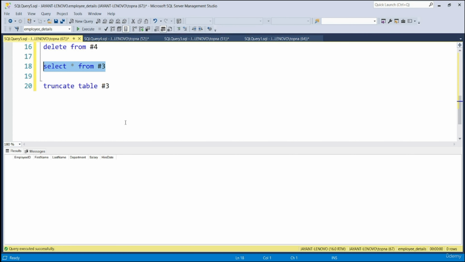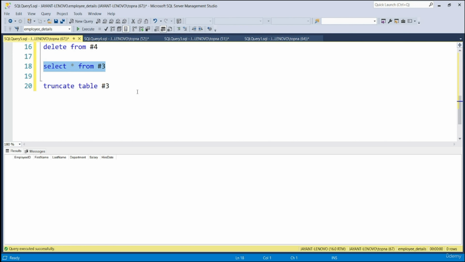Data is deleted. So truncate table will delete all the data from the table, but the structure of the table will remain. When you use delete with a where clause with a given condition, delete is generally used to remove certain records, right? Because we generally use delete with a where condition. So in order to delete certain records, we use delete. But if you are interested in removing all the records, then you will use truncate. And if you want to remove all the records and the entire table structure as well, then in that case, we will use drop.